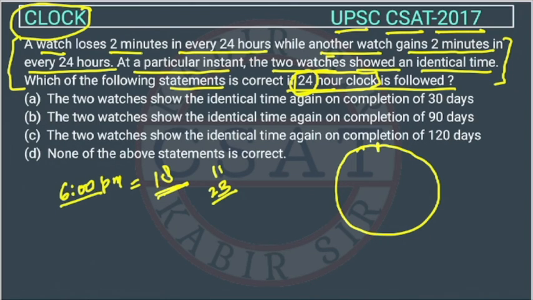सो सपोज this is 12, right. तो ये उसने बोला at a particular instant the two watches showed an identical time. सपोज रात के 12 बजे हैं, ओके, मतलब यहाँ पे 24 हो रहा है, ठीक है, this is 24 और दोनों एक टाइम शो कर रही हैं, ठीक है। अब क्या हो रहा है, अगले 24 घंटे के बाद क्या होगा कि this is going fast, one is gaining 2 minutes and other is losing 2 minutes. तो 24 घंटे के बाद एक घड़ी यहाँ पे होगी, ठीक है, और एक यहाँ पे होगी, right. So the difference between them will be 4 minutes, okay. सो ऐसे फिर अगले 24 आवर्स में ये और पीछे जाएगी और पीछे जाएगी, ऐसे ऐसे जाते रहेंगे, ठीक है, और ये आगे आगे जाएगी 2 मिनट्स, राइट।